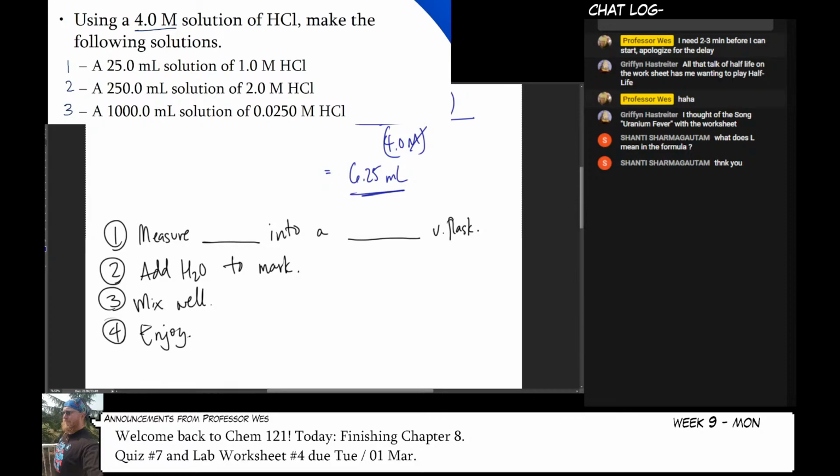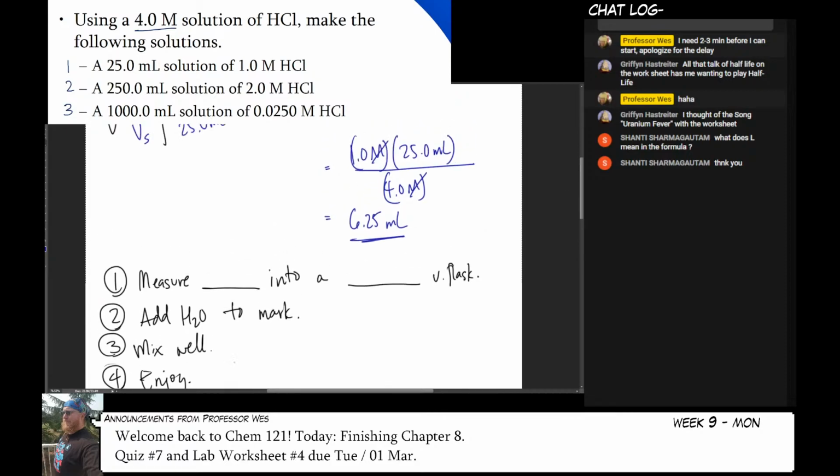And there you go. So those are the 4 steps. So let's just go fill in the information here. So I had 6.25 milliliters that I measured out. So we're going to do 6.25 milliliters of 4.0 molar HCl